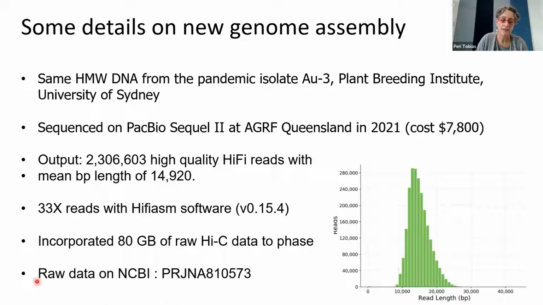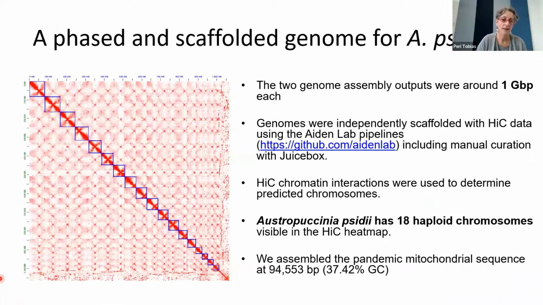It was assembled using the HiFiasm software and with 33 times coverage, and we incorporated Hi-C data, which is the chromatin conformation data, to phase the genome. So the raw data is available there. The two genome assemblies that came from that software were around 1 gigabase pair each, so that was really good to have that. And then the genomes were independently scaffolded with this pipeline by Aiden Labs,